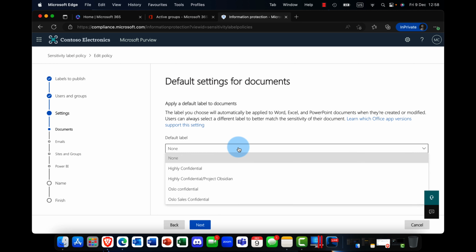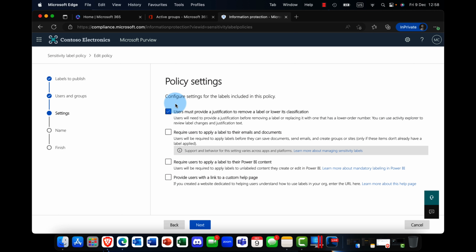So do you want to apply a default setting? Do you want to choose a default label, right? And then it says, okay, users must provide justification to remove or lower a classification. Require users to apply labels. So if you're in a sensitive organization, a financial institution, government, you may want your users to apply a label for everything. The only thing about this is before you switch this on, you definitely want to do some training